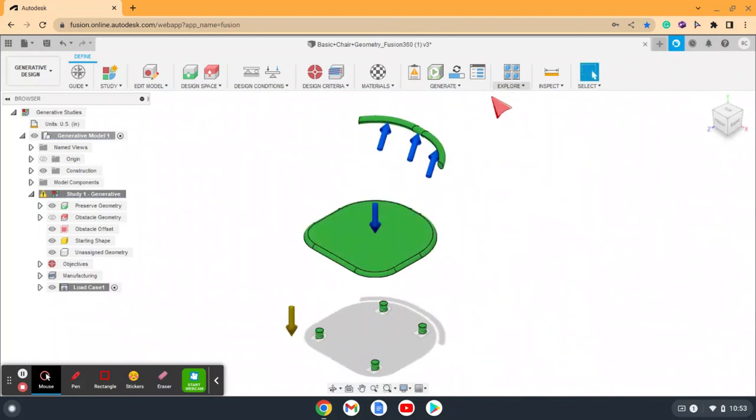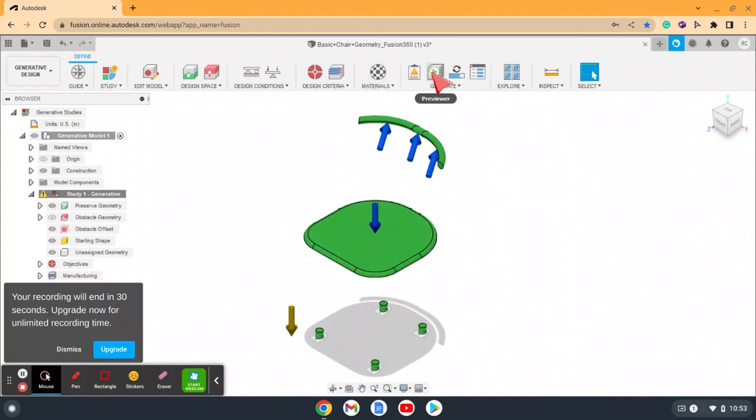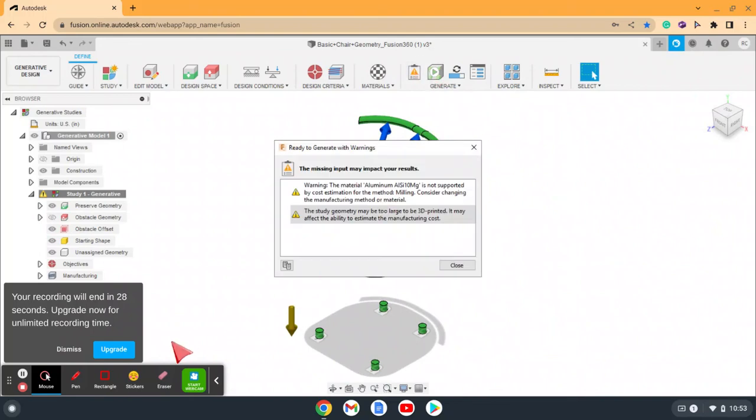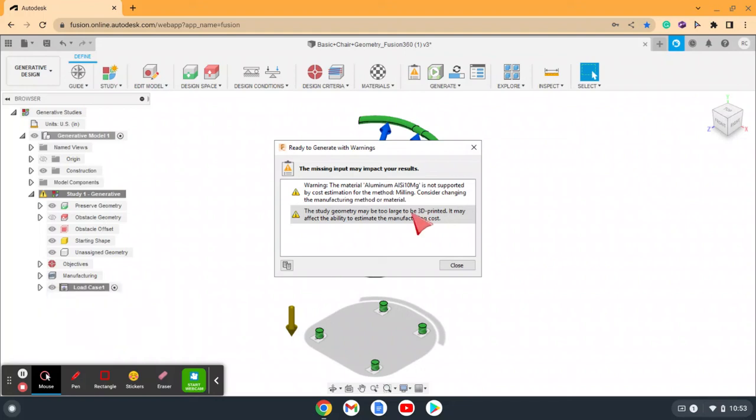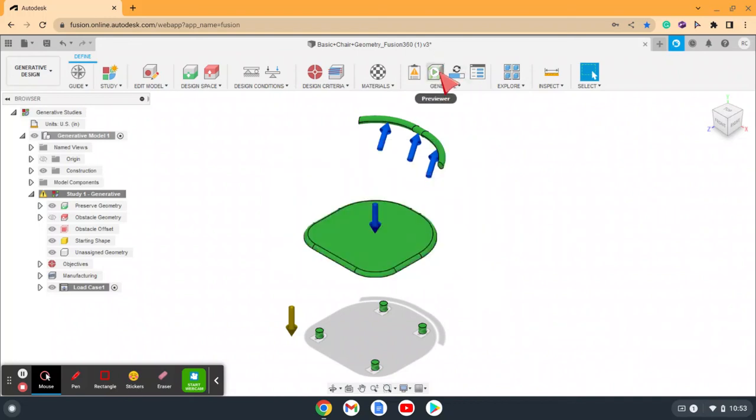And once you're done with all that, you want to go to pre-check to see if there's anything missing. If there's just these yellow triangles, that means you can go ahead, but it's saying to consider these things. If there's a red exclamation mark, that means you won't be able to generate the design. And then what you want to do is go to previewer, which will then play